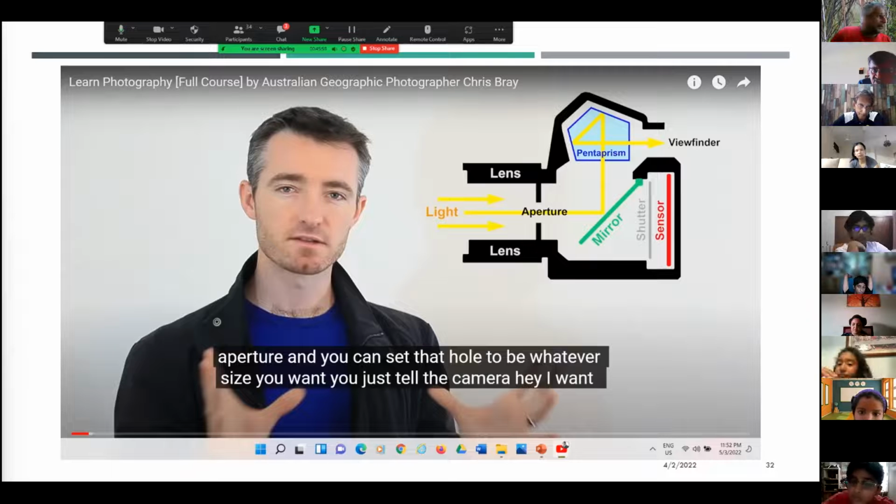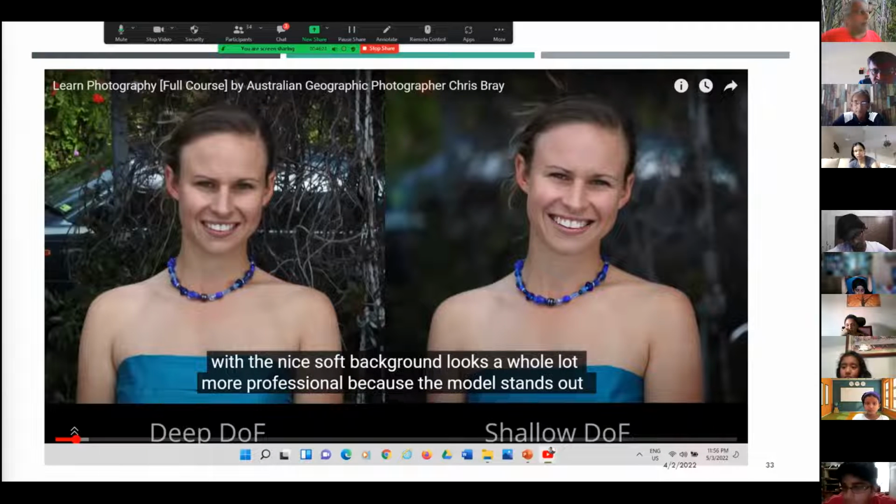The aperture is basically the item on your lens that controls the amount of light that comes through into your camera and hits your sensor at the back. And that is part of what controls the artistic value when you take photographs. The aperture, apart from controlling how much light comes into the lens to take a picture, also controls, as I mentioned just now,